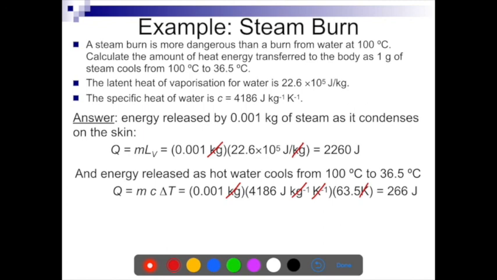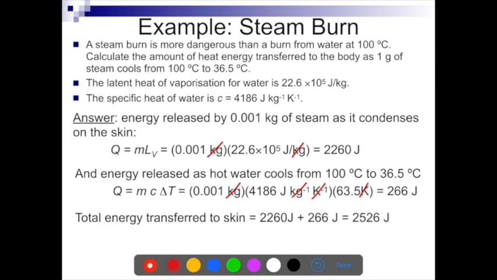So the total heat that's released to the skin when steam condenses and then water cools down to body temperature will just be the sum of these two energies. So that will be 2,260 joules plus 266 joules is equal to